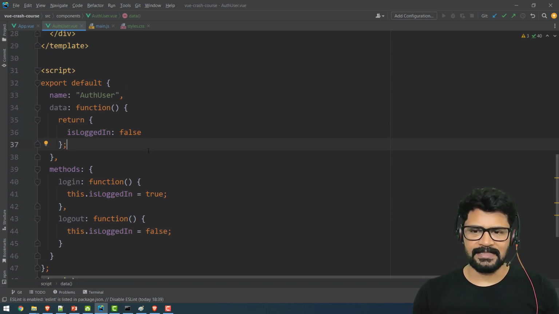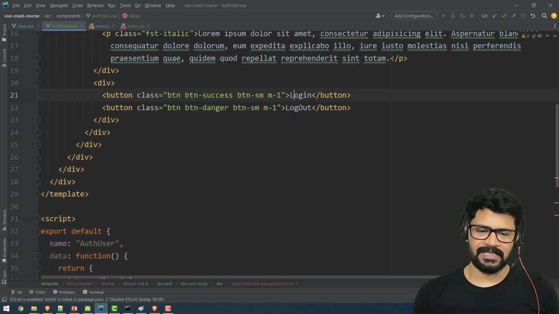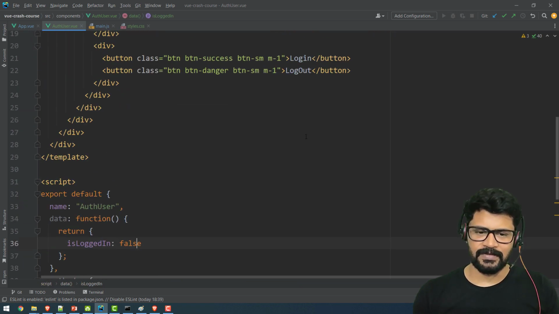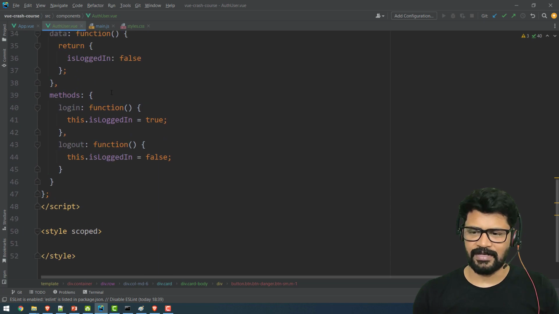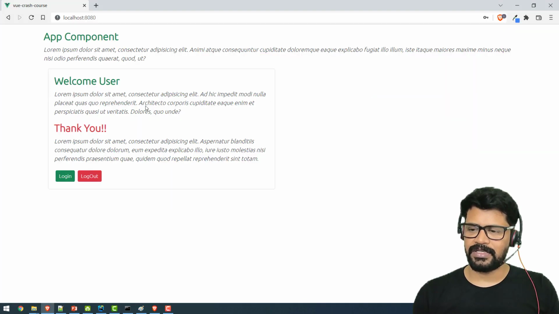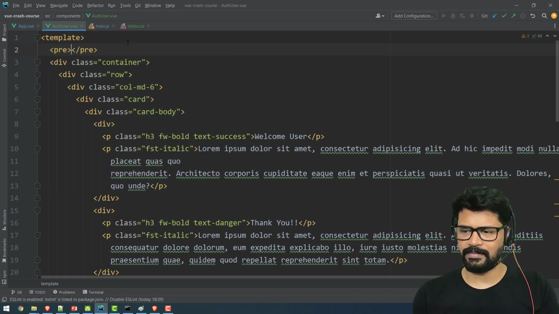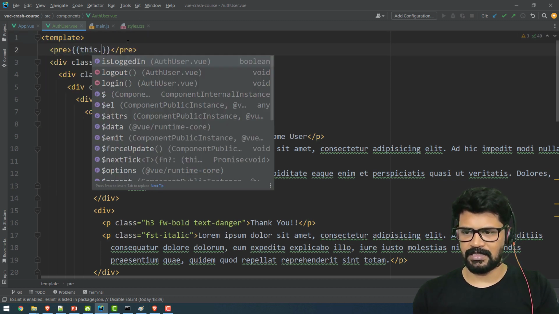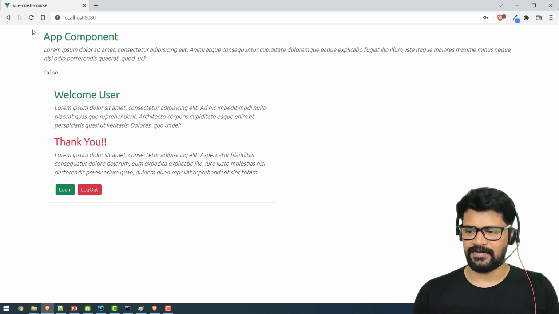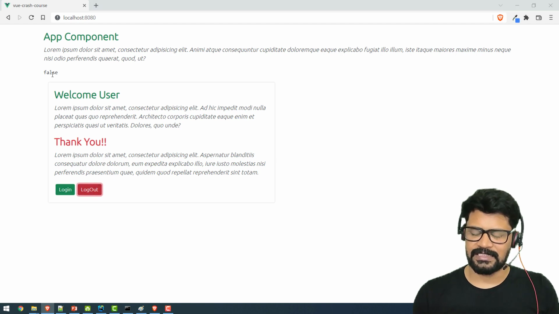Now what my plan is, I want these two buttons, right? So what these two buttons do is, once I click on login, it makes the value true. Once I click on logout, it makes the value false. But how can you see that value first? Yeah, I'll do one thing. I'll write in a pre tag the expression this.isLogin so that I can see the value first. Okay, false. So first step, when I click on this button, make it true. Click on this button, make it false. Simply,